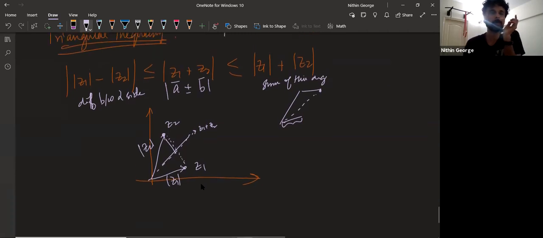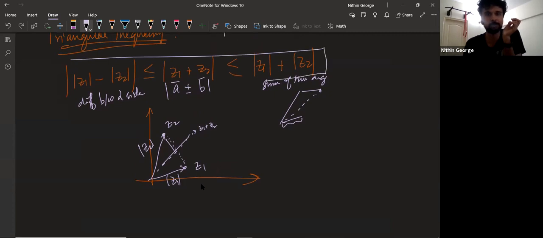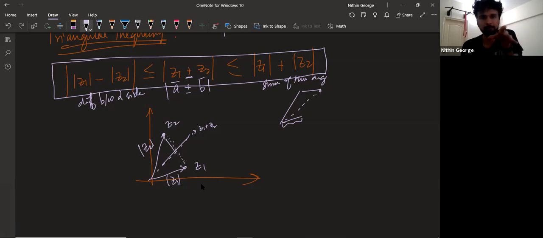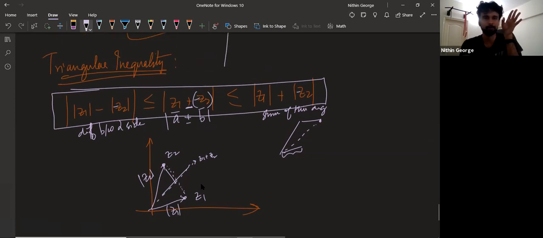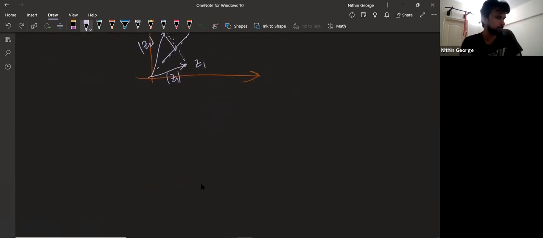I want you to remember this because this is applicable in many places. So please remember it like this. Once you have the visual, it's easy to remember this, right? Third side, which is Z1 plus Z2 or Z1 minus Z2, doesn't matter. Plus or minus you put, this inequality holds, because you're dealing with mod of Z1 and mod of Z2. So if it was minus Z2, I'll call it plus minus Z2. Then you put minus Z2 everywhere. Mod of Z2, mod of minus Z2, same thing. So it doesn't change. This is your idea here for triangular inequality. Hope you've noted it down.